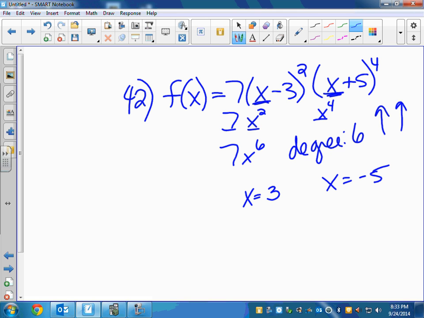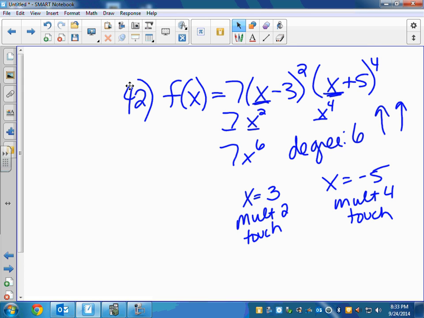I can also say I know I have a 0 at 3 and at -5, and they both have a multiplicity. This one has a multiplicity of 2. This one has a multiplicity of 4, which means since they're both even, both of these are just going to touch. Which means if I make a graph here,